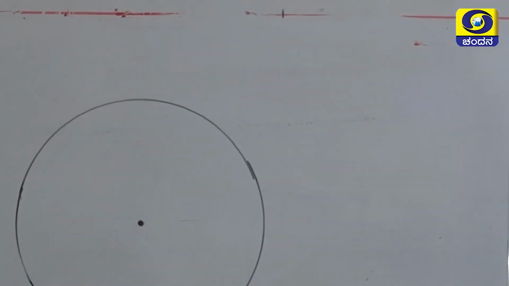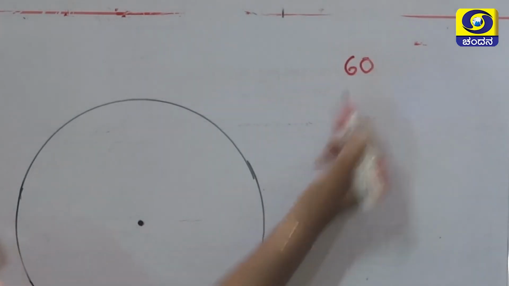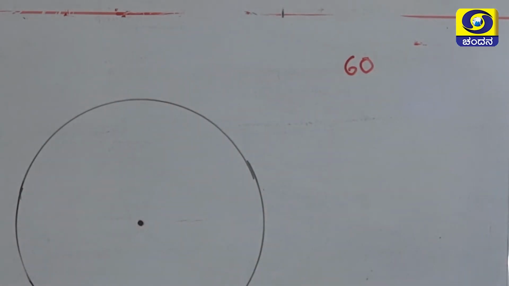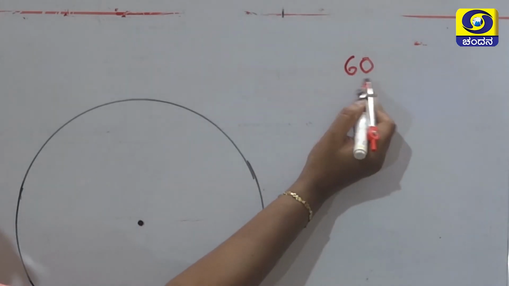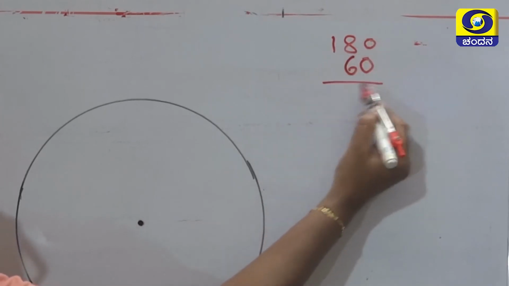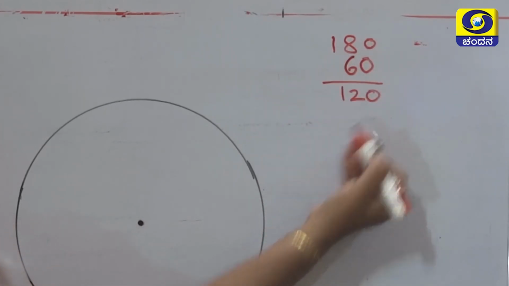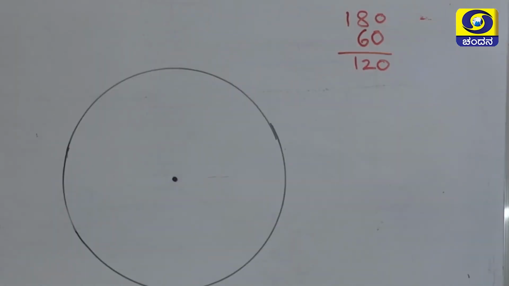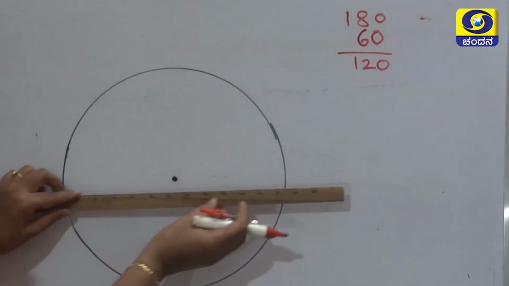As we have angle between the tangent 60 degree, by using this angle, we cannot construct tangents to the circle. Instead, we have to subtract this angle 60 degree from 180 degree. We'll get 120 degree. This 120 degree is the center angle. So, we have 120 degree as center angle. Now we will use this idea to make the tangents.